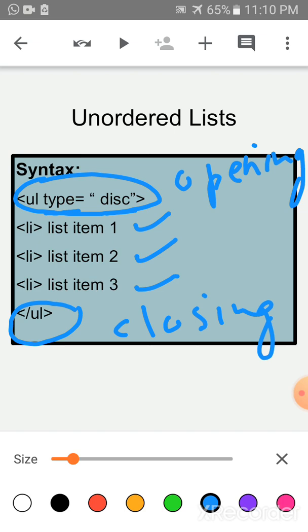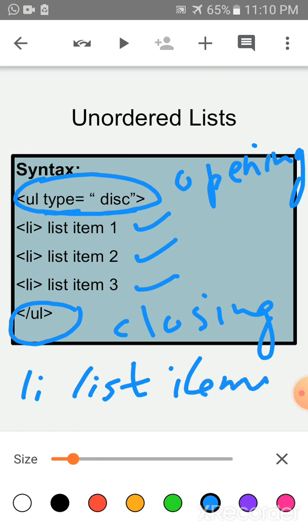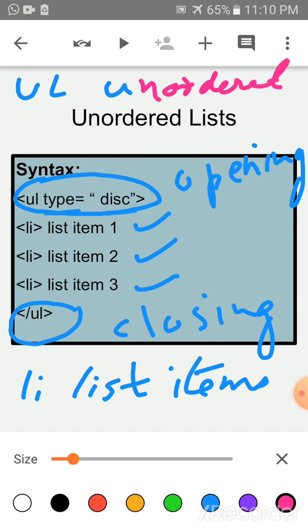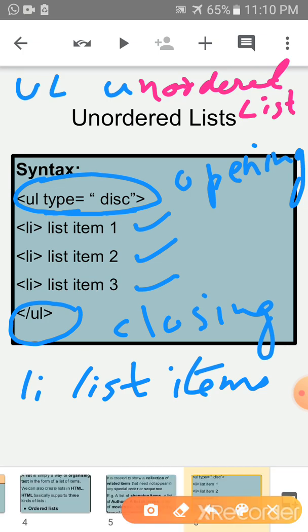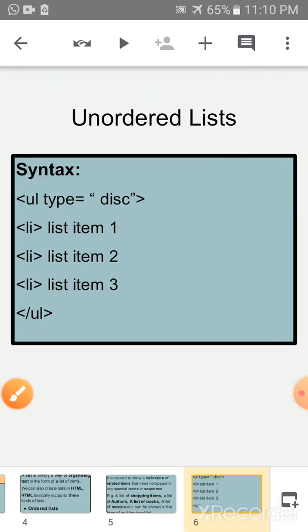Okay, clear? Now children, this is the syntax of unordered list.